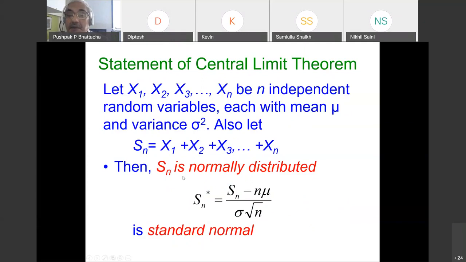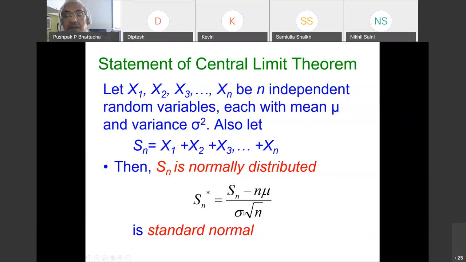Then the statement of the theorem is that Sn, this summation, is normally distributed if n is sufficiently large. And if all these x1 up to xn are themselves normally distributed, then there is no restriction on the number of n. Okay, so Sn is normally distributed. And more importantly, which is useful to us because we can make use of the z-score table, this Sn minus n mu divided by sigma root n. Okay, the standard deviation of Sn is sigma root n because